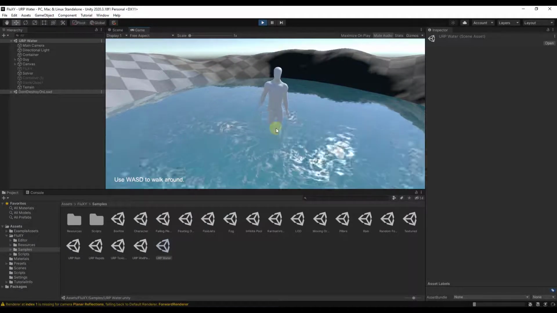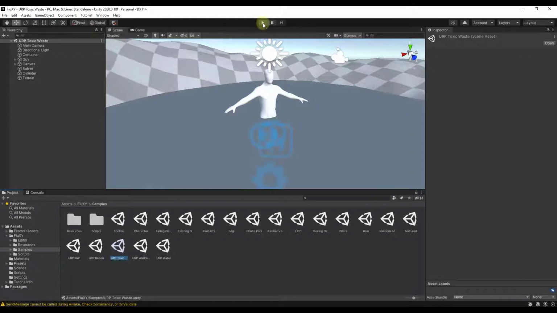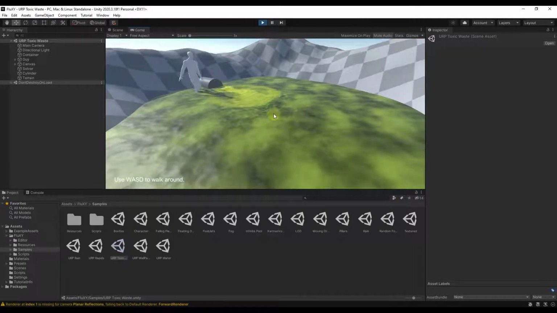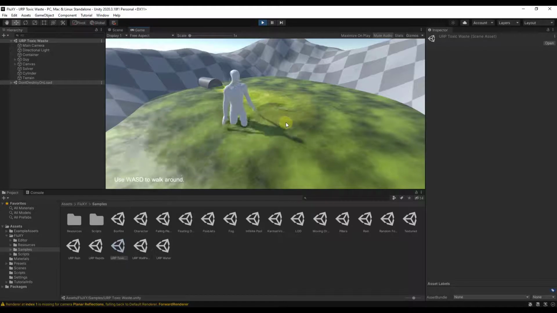So you can see how you get the different ripples, other things like that. It also calms down the water when you're not moving around. So there's some other options in here as well, things like the toxic waste, for example. The toxic waste is going to react in a lot the same way, right? So you've got this inlet right here, and then everything is moving around based on your character's